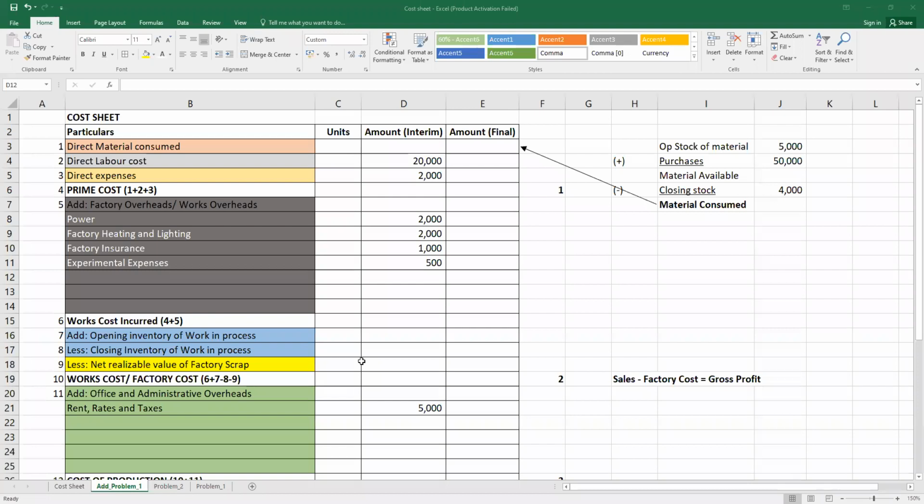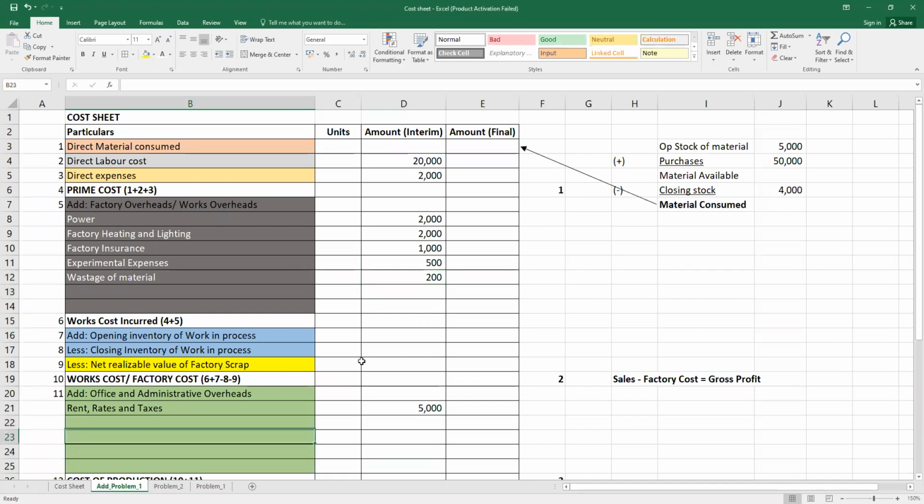Then wastage of material, that is a cost to us. Additional material is required. It's not a scrap, it is a wastage. So we will write it into the factory overheads again. Wastage. The value is 200. Then office management salaries. Office is mentioned, so it will be the part of admin overheads. Office management salaries 4,000.